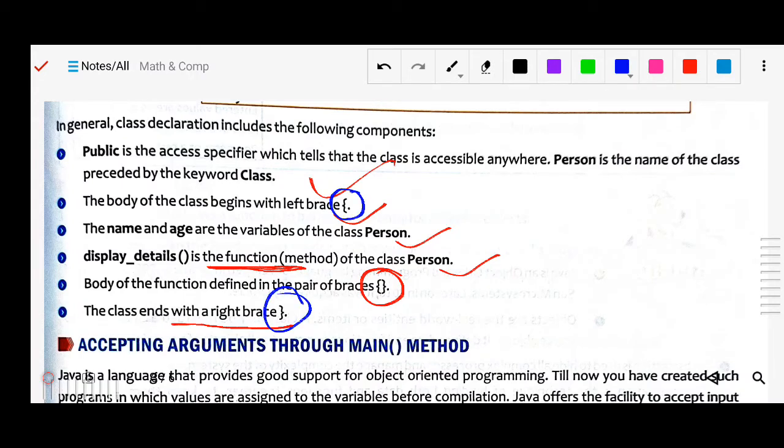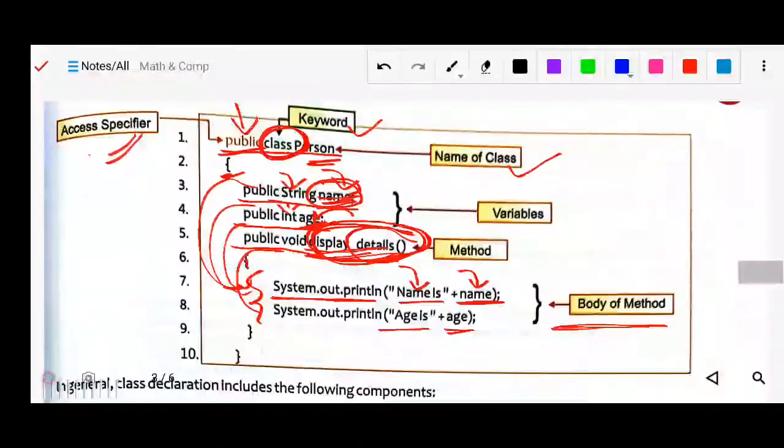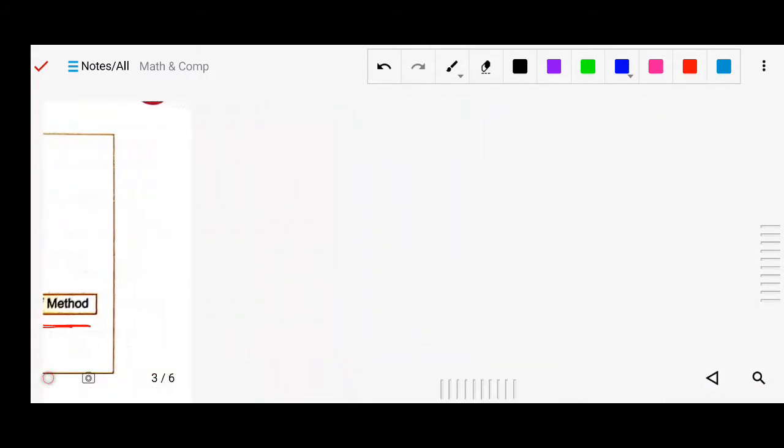So these are the main parts of your declaration. This is how to declare your class. Got it? I hope you understand. You can write this program also. Suppose any program you want to write, we just try it. First we write public. This is actually a small one. Here we have declared it publicly, then class and the class name. Class is your keyword, which is used only by Java, that is fixed.